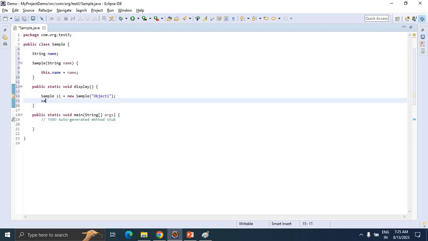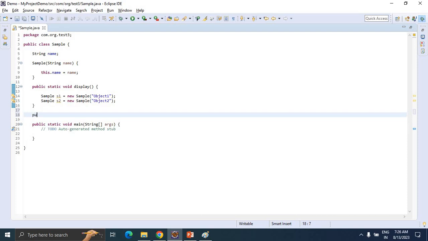Now another object I am creating: Sample s2 equal to new Sample of "object 2". Just saving it. Now I'm creating one finalize method, public static void finalize method,